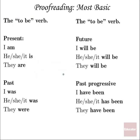And the final grammar cardinal sin is the to be verb. This is a very, very difficult thing in the English language. It's because we don't conjugate our verbs too much in English. In Spanish, in Latin, in German, and French, there are 6 different ways to say each verb in one tense. But in English, there's only 2 ways. Unless it's the to be verb, in which case that verb changes all the